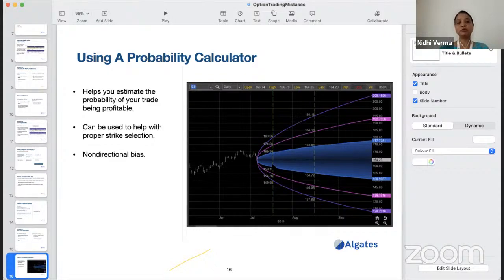So 1 sigma, 1 sigma, 2 sigma. As per normal distribution, this will be around 68%. So when we were somewhere in the month of July and the stock price was 164.23, by the starting of August, what will happen? There is a 68% chance that the stock price will remain in this slab, between this range. And the next violet line you can see, that is basically 2 sigma.